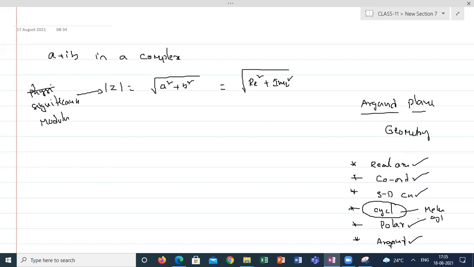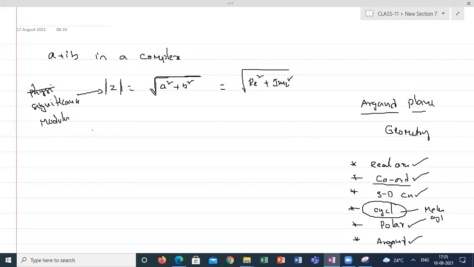To understand geometry or to solve particular situations in geometry, a particular reference system is very easy to solve with. That's the reason we are going to learn all these systems. There I will explain the significance of modulus very clearly. Is it clear, guys, what I'm trying to say? As of now, the modulus of a complex number is nothing but the square root of the sum of the squares of its real part and imaginary part.